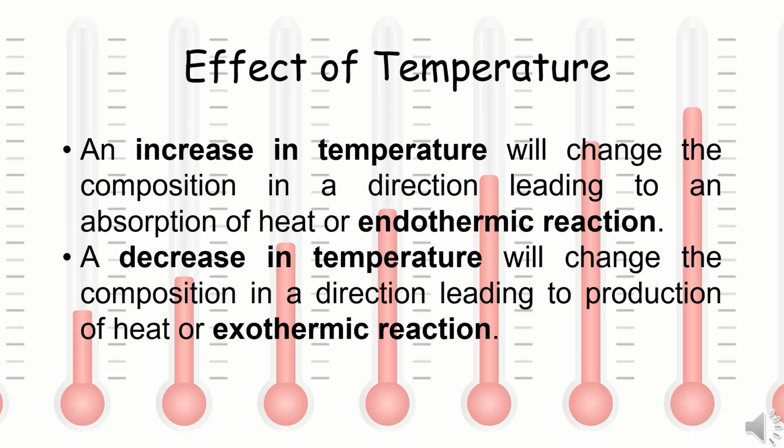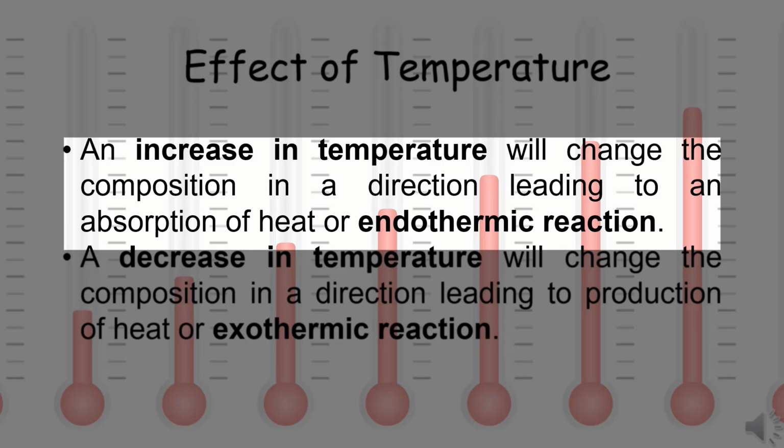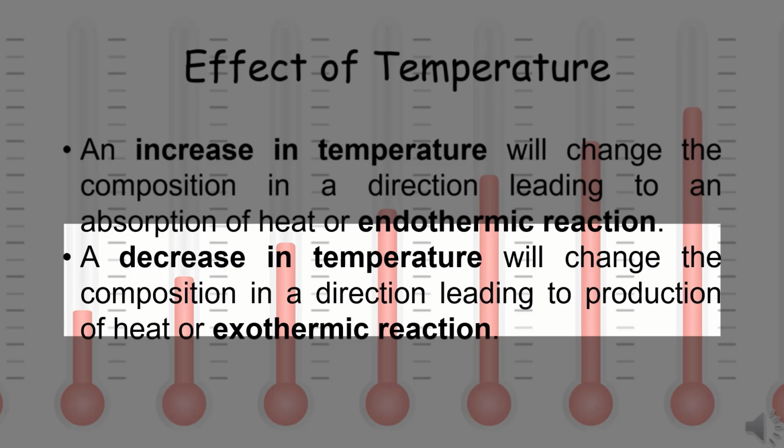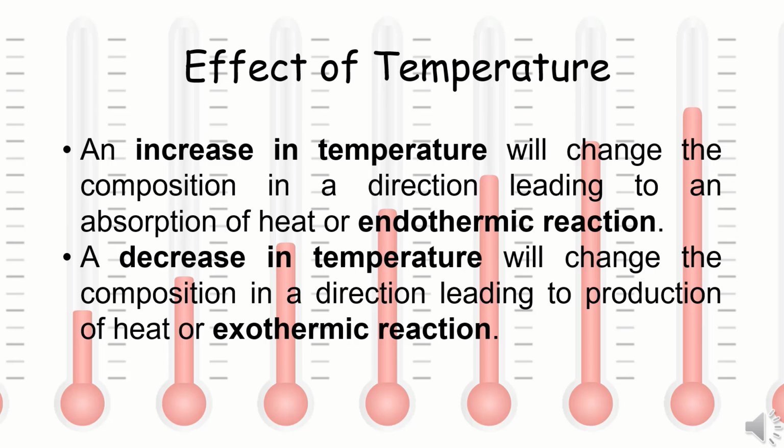The qualitative relationship of temperature change on chemical equilibrium is expressed by Le Chatelier's principle. In case of an endothermic reaction where heat is absorbed in the forward direction, we need to increase the reaction temperature to favour the forward reaction, and decrease the temperature if the reaction is exothermic. Let's explain the temperature effect with an example.